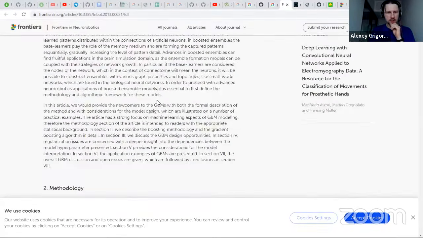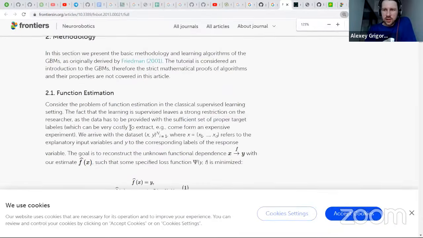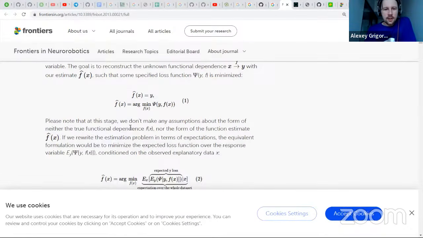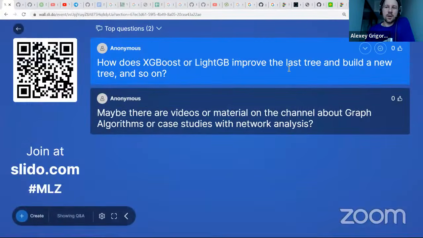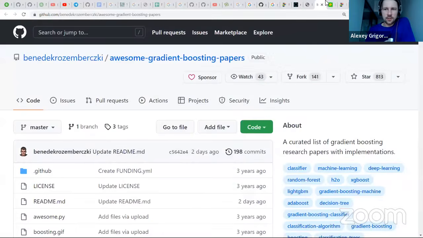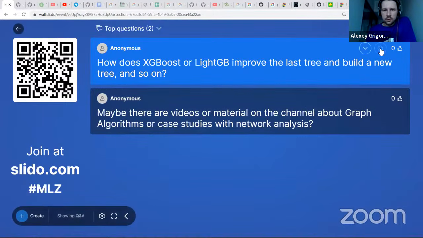So this thing describes, it talks about derivatives in the functional space. If you're into this kind of stuff, you can check how exactly it's working. But if you're not, don't worry. You can just skip that and focus on improving your validation score. But yeah, this is how it works. So let me show it one more time so you remember. So it's Gradient Boosting Machines, a tutorial by Alexei Natekin and Alois Knoll. Okay,